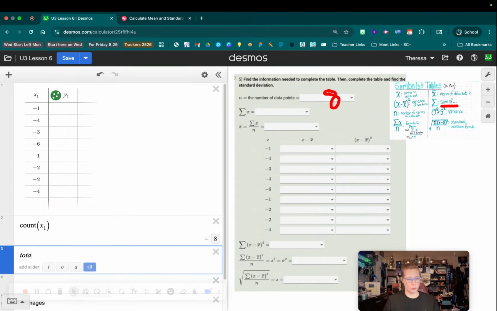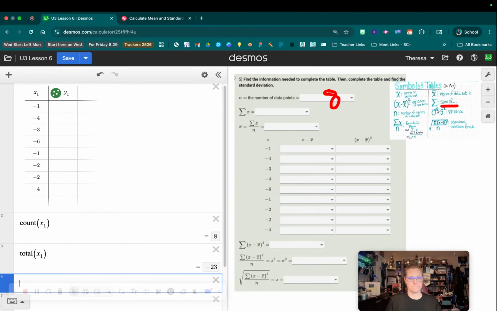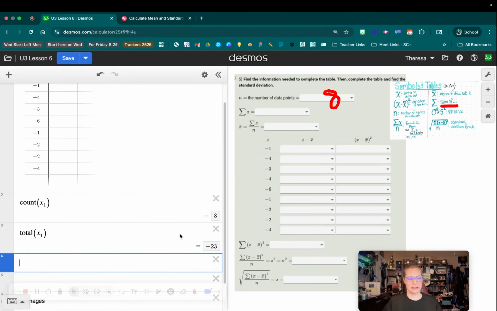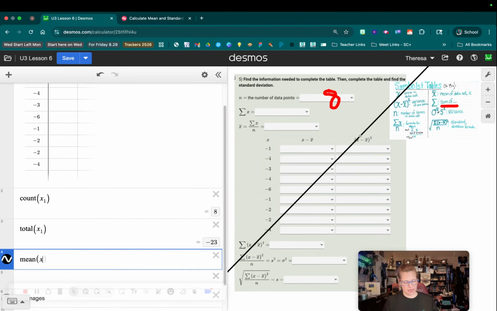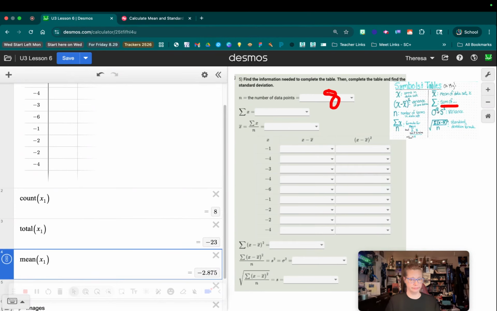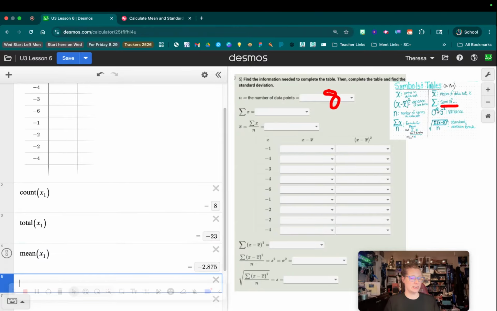So I'm going to say total, can't type the word sum, x1. And there it is, it's negative 23. And then it asks us for the mean. So we're going to type in mean, and we're going to type in x1. And we find out it's negative